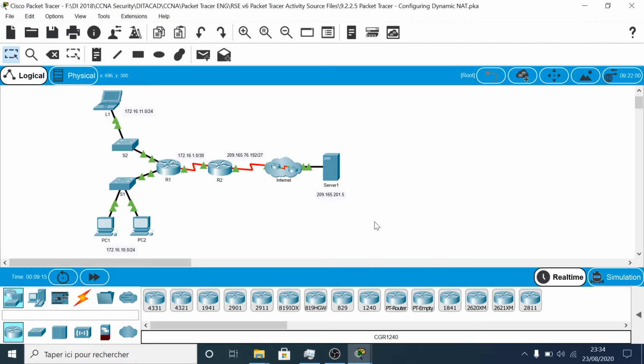In the diagram, we have an internal network, and this internal network has three subnets. The first subnet is the subnet where the laptop L1 is connected to, and it has a network address of 172.16.11.0/24. There's another subnet where PC1 and PC2 are connected to, and the subnet has a network address of 172.16.10.0/24. There is another subnet between router R1 and R2 with a network address of